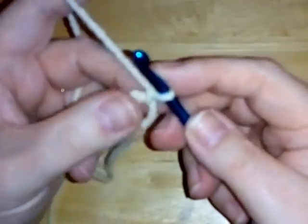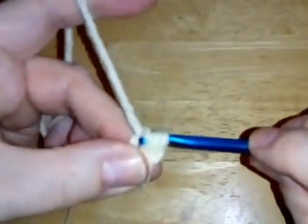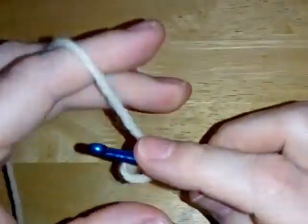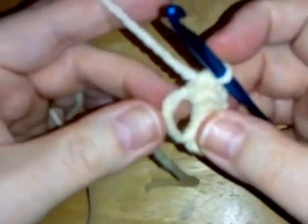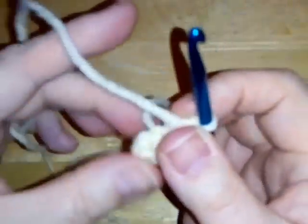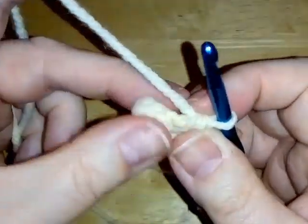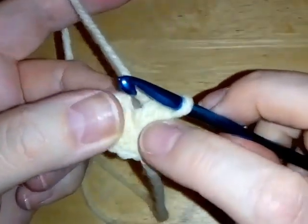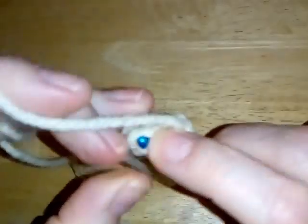Okay, so on with the pattern. We've now got our ring and our chain one. We're going to put 6 half double crochets into this ring. Okay, there we go. So now you want to pull your ring in nice and tightly, and you're going to slip stitch to the first half double crochet. Now if you're not quite sure which is your stitch or chain, then just count back 6 stitches. So 1, 2, 3, 4, 5, and then it's this one here. Okay, and then you can slip stitch into that